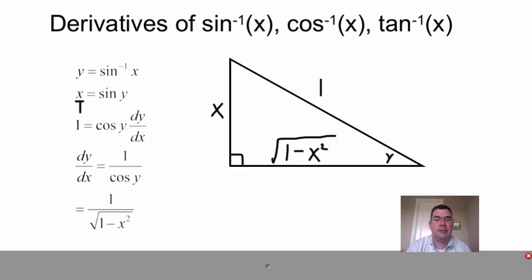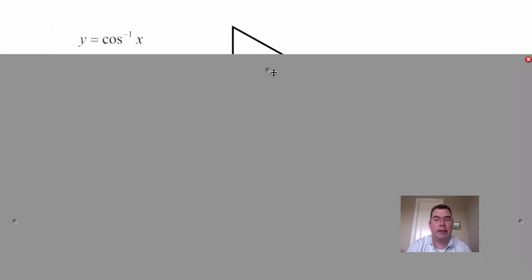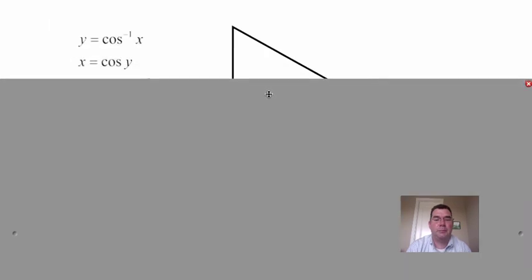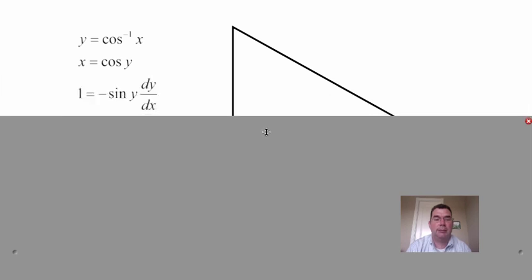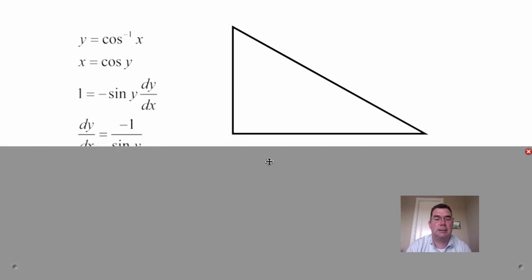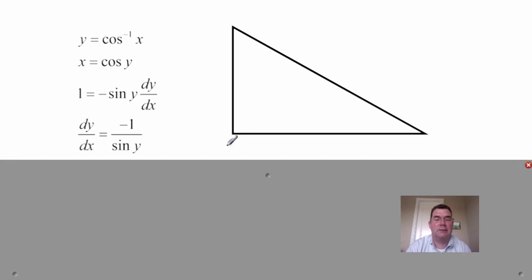All right, I'm going to use the same process for inverse cosine. Rewrite it as x equals the cosine of y. Take the derivative: the derivative of x is 1, the derivative of cosine is negative sine. Chain rule says I've got to multiply by the derivative of y, which is dy dx. So if I'm solving for dy dx, I'm going to divide out the negative, I'm going to divide